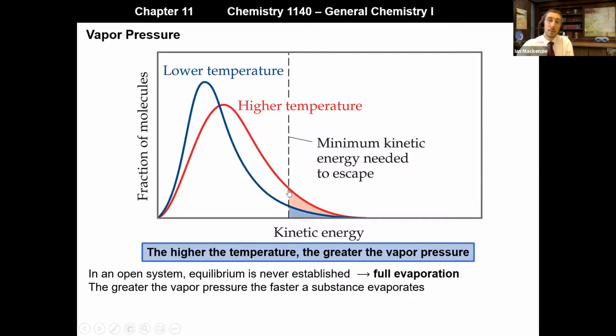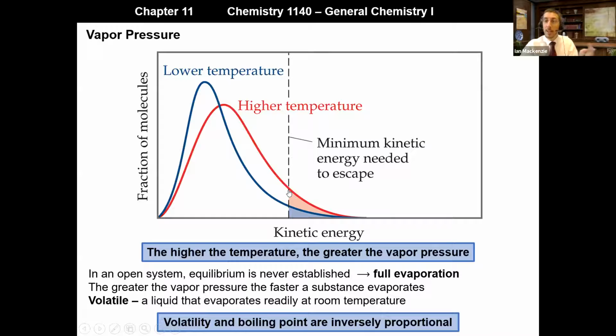Now, the greater the vapor pressure, the faster a substance evaporates. If we have more in the gas phase, then more of it will leave at a greater pace, and the evaporation will occur quicker. Now, volatile, there's a particular term for this. So volatile is a term for a liquid that evaporates readily at room temperature. And volatility, which is to measure how rapidly something evaporates, and boiling point are inversely proportional. So if you have a high boiling point, then the volatility is low, and that's